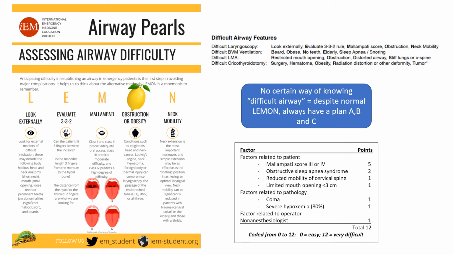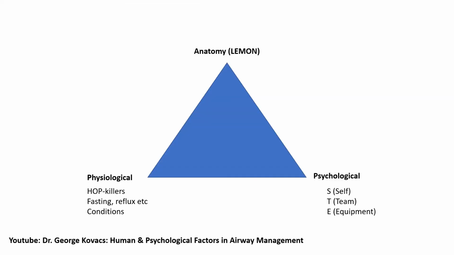Most of these go through some of the same things. So usually, if you do the Mallampati, look at how fat their neck is, and look if they can open their mouth, then usually those are some of the most important things for the anatomical description. Okay, so that was the anatomical risks of the patient.